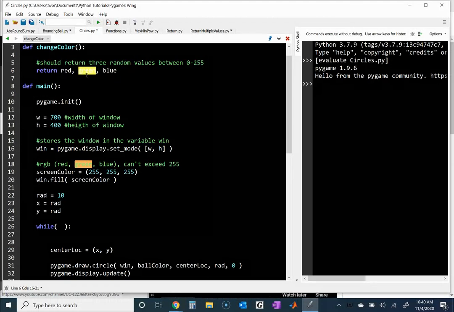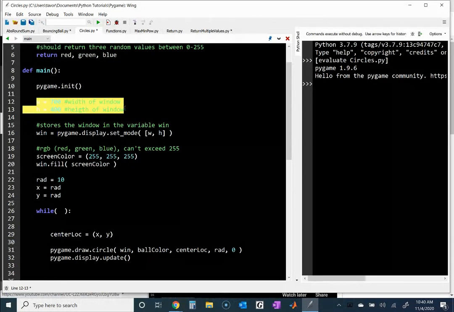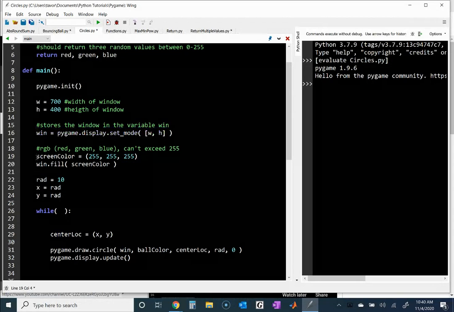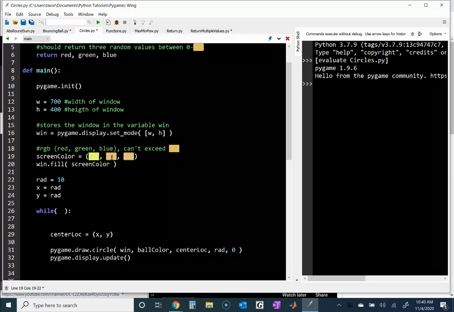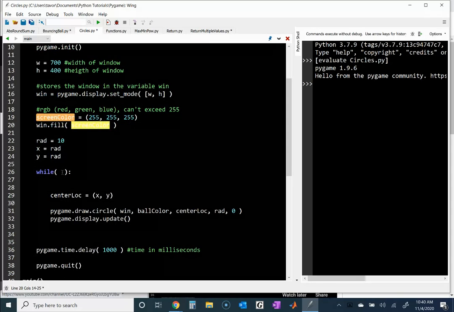And then in the main function, I've started you off here where you initialize Pygame. You set the height and the width of my window to 700 by 400. You create the window, the display. You specify a screen color. In this case, this happens to be just all white, so 255, 255, 255. You fill the screen color. So you do the window and then the fill function where you give it the color that you want to fill it in. And then we move on to this part,